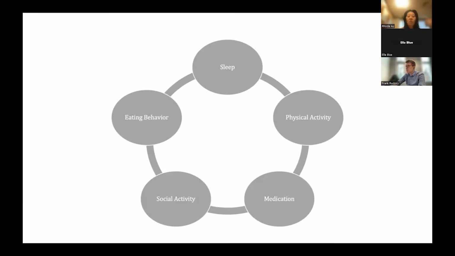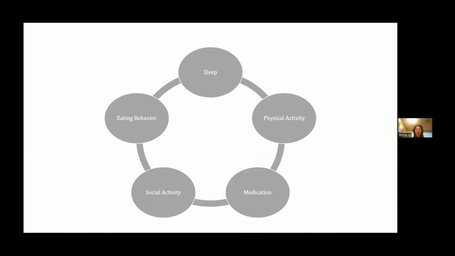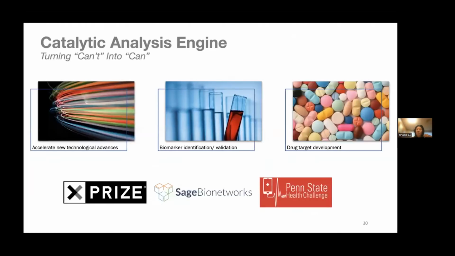So if we can start to monitor regular behaviors that we do in our natural environment, we're actually going to be able to infer cognition rather than test cognition. And that's going to get us to a much more accurate indicator of cognitive capabilities. I think we are very good in research at coming up with lots of can'ts. And I think that if we put this data out there and issue lots of challenges, similar to what the X Prize has done, we can convert all those can'ts into cans.